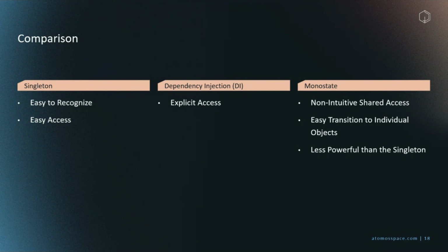However, it's easy to transition to individual objects because, as Shay said, you basically have already decoupled everything except moved everything inside. So that's a little bit easier to rip it all apart. And it's less powerful than the singleton, so you're kind of giving up a little bit. So it feels like if you're going the global route, maybe go back to the singleton. I think when it comes down to it, when you're trying to access it, you're able to access the full class that has that global scope versus just